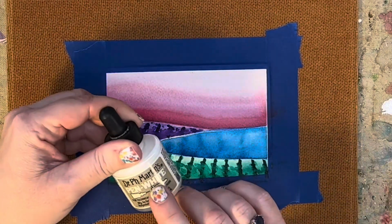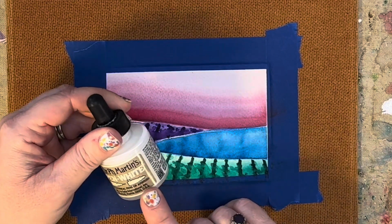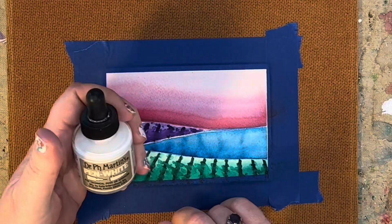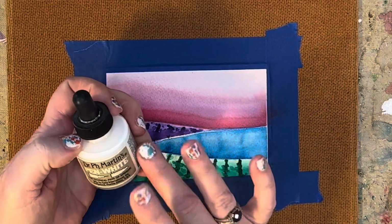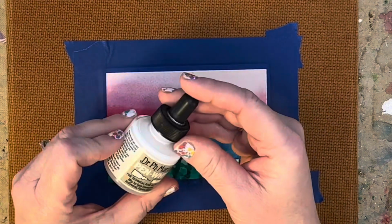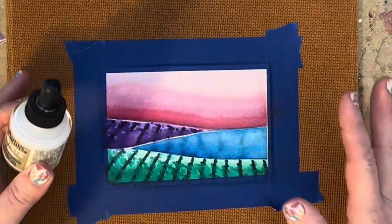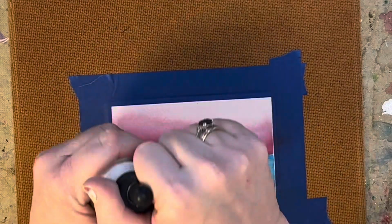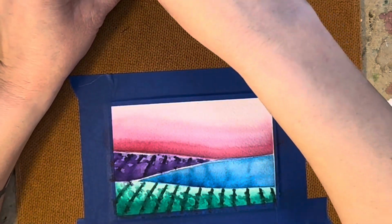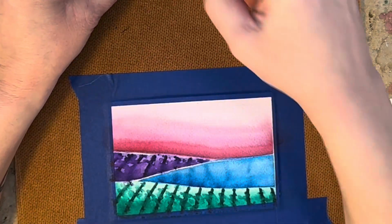I've got my Dr. P.H. Martin. You can use the bleed proof white ink. You can use this ink. This is a little bit different. This is for pens and airbrushes. I don't know, or maybe it's the same thing and they just changed the packaging. I have no idea. All right, but anyways, it is just a white ink by Dr. P.H. Martin. So I'm going to open that up,